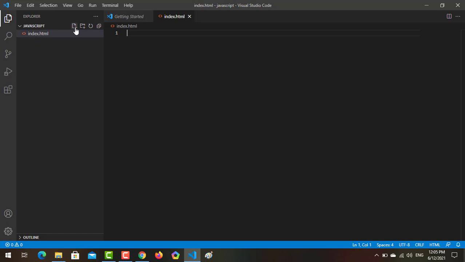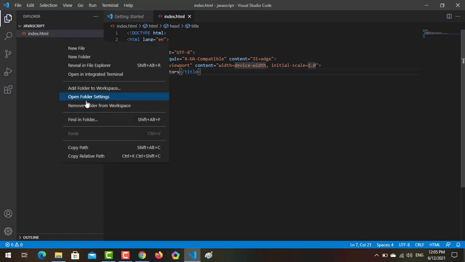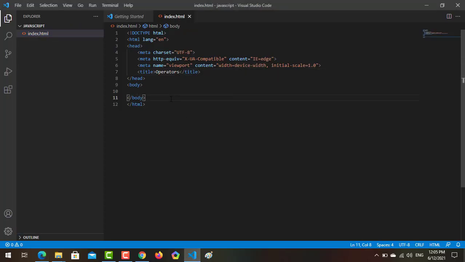Using IntelliSense we create the initial tags in HTML with shift 1, and in the title section we write operators, so we can see whether it is implemented on the web page or not. As you can see in the tab, we got the name that we have written. After the body section we create the script tag, as you know.